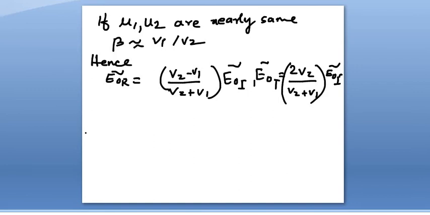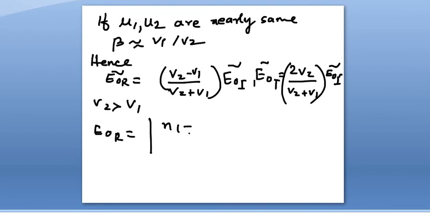So both E0R and E0T, which is the need of the hour, our reflection and transmission electromagnetic fields, have been expressed as a function of E0I. Now, look here carefully. We will assume that V2 is greater than V1, and so our E0R and E0T will remain the same. And in terms of n, the refractive index, this will come out to be n1 minus n2.